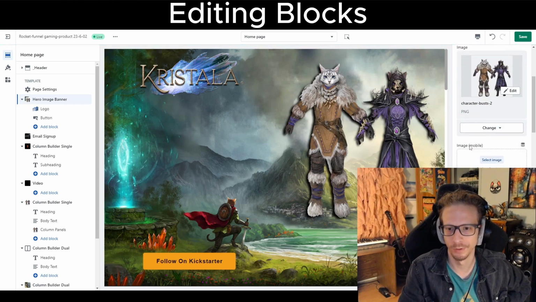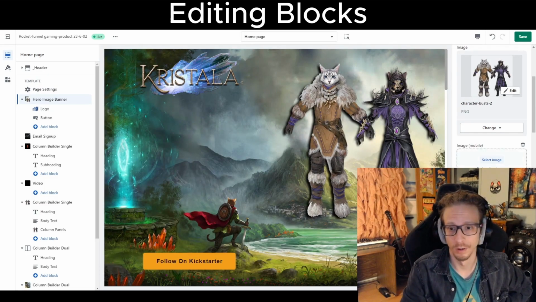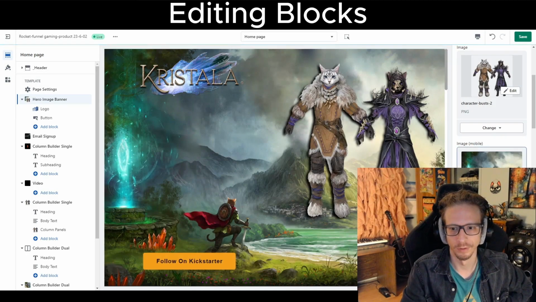Scrolling down a little bit further, you'll see an image mobile, and that allows you to set what it looks like in mobile. So say I chose a different image like this one. You're not going to notice it change, but if I switch it to mobile view,